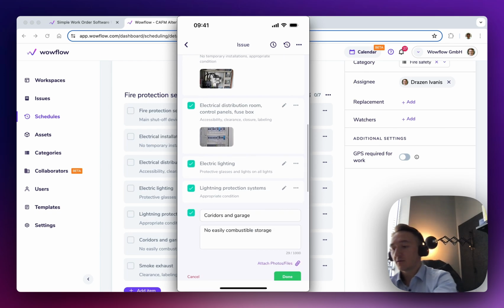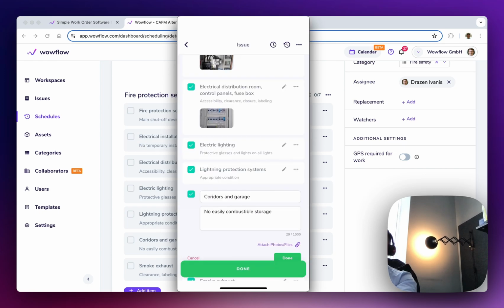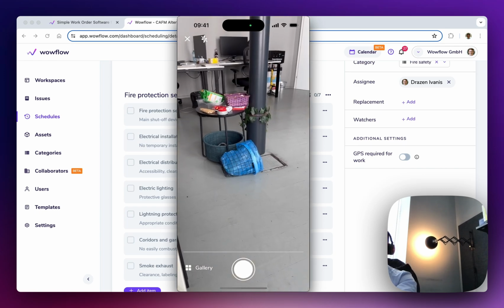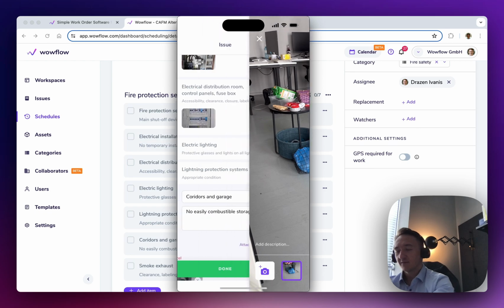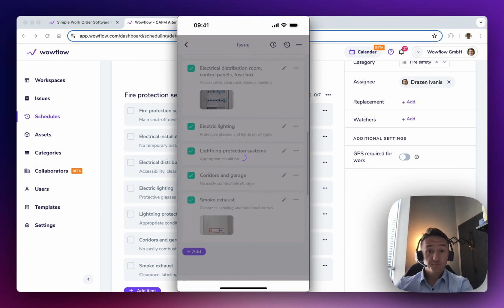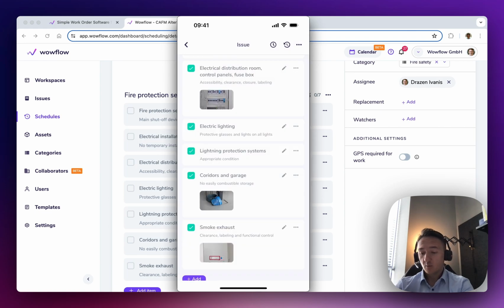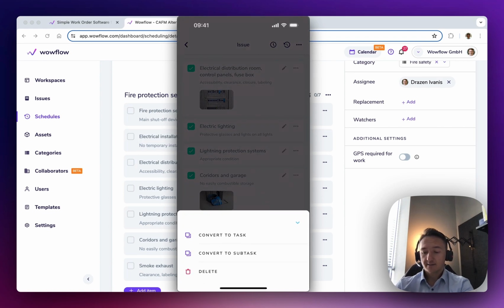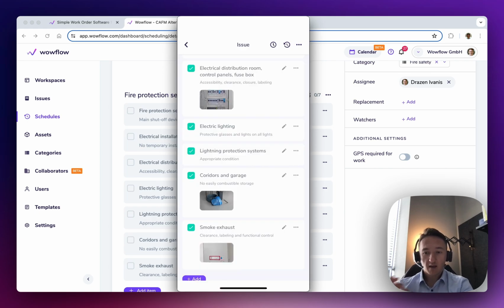Let's take a point of corridors and garage. For example, here at our office at the moment, there are issues on corridors, and for a fire inspection, this is not allowed. So this way we can attach those. And if we want, straight away, we can create a task here and assign it to a person, or a subtask to this point, meaning we have all the work done as we do the inspection